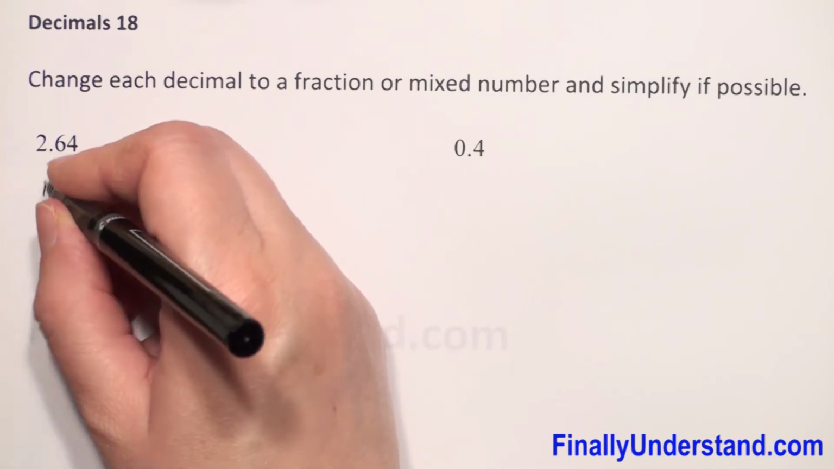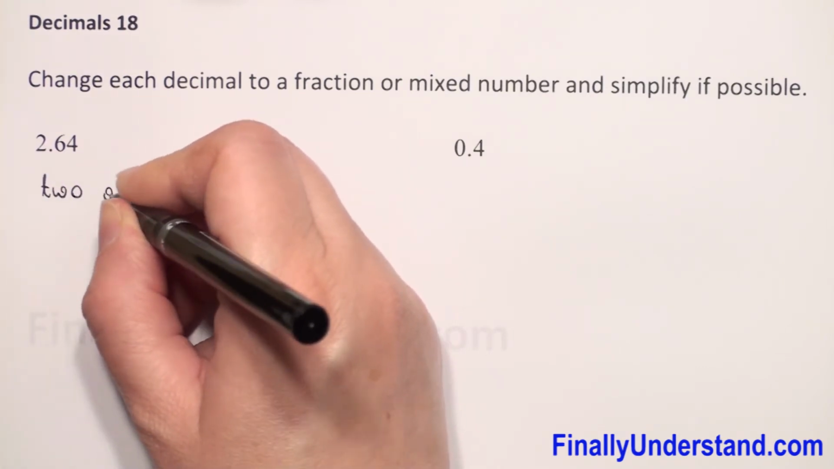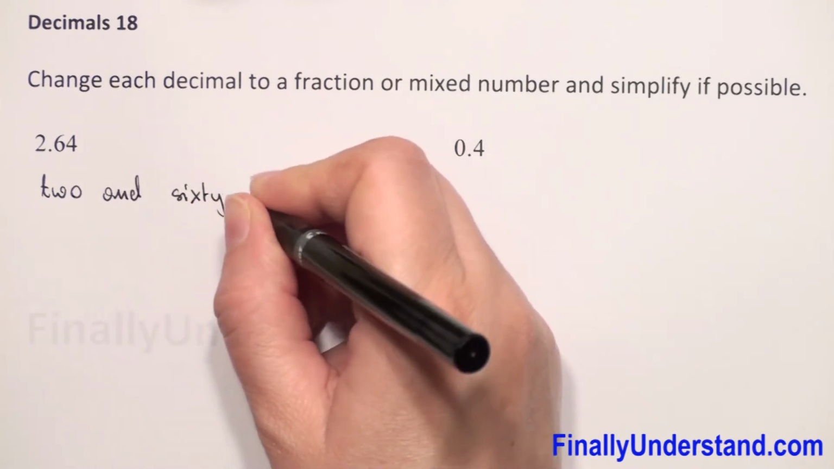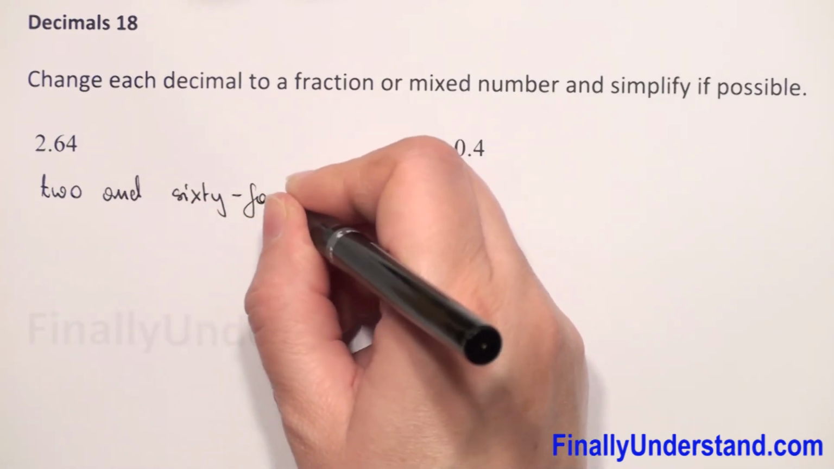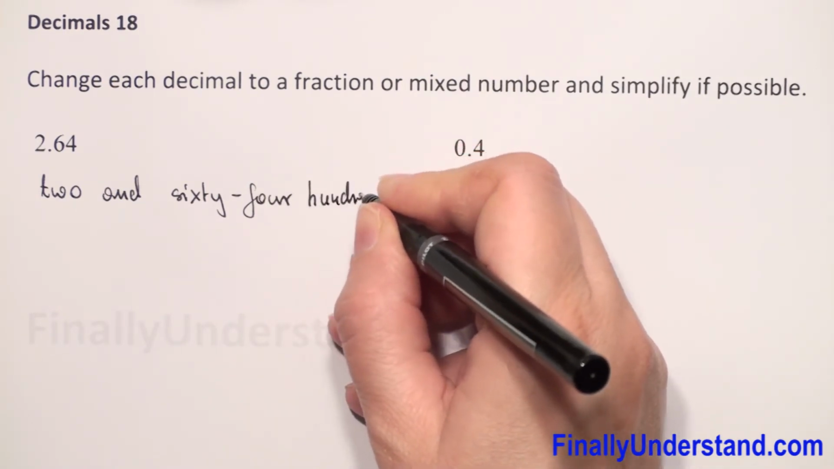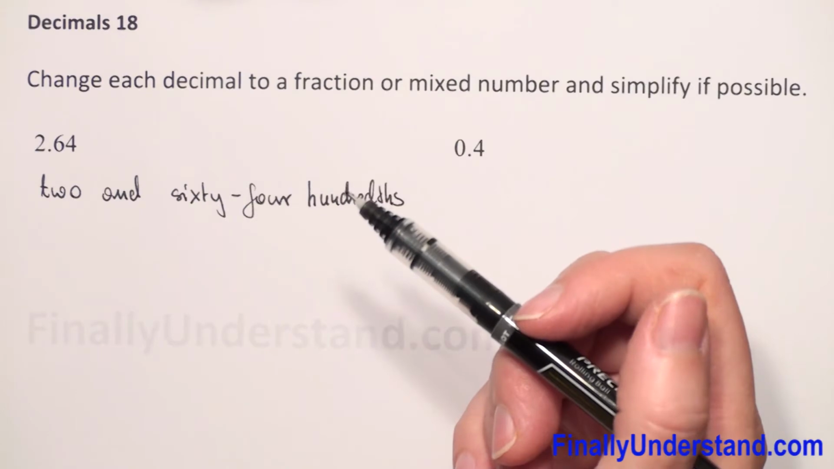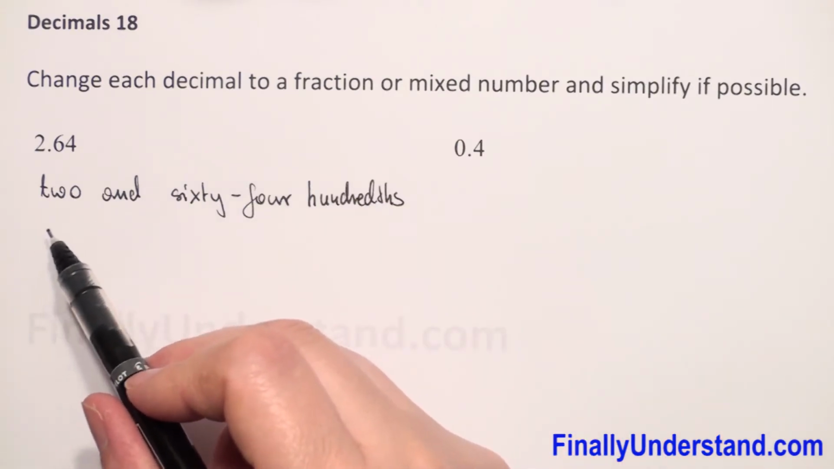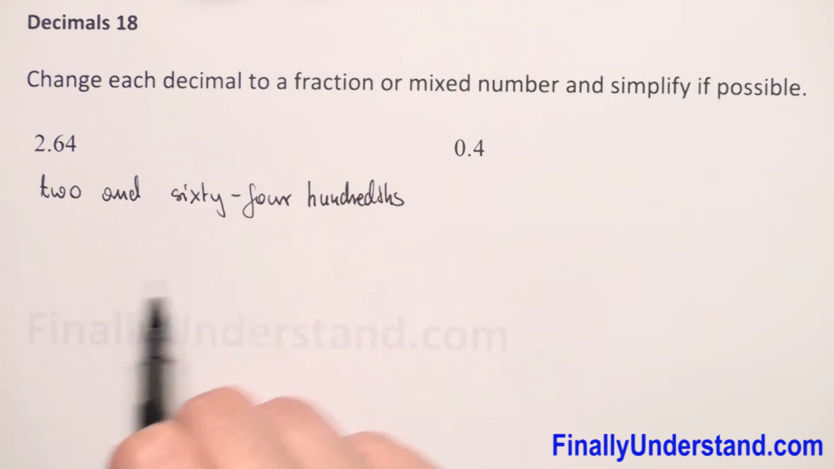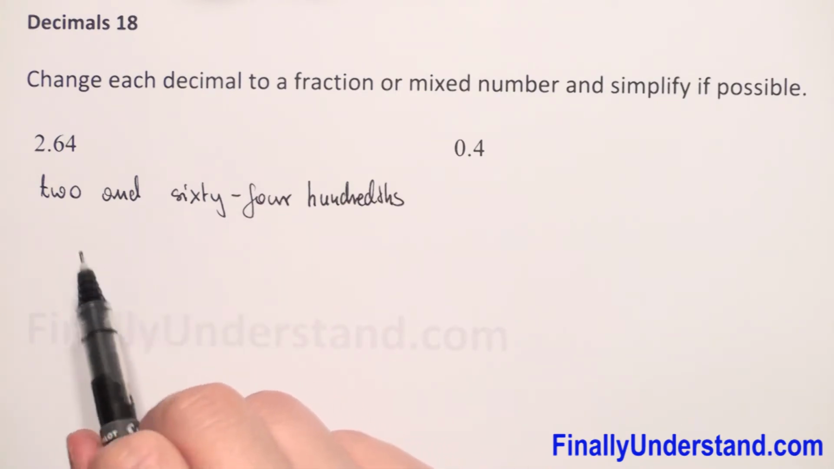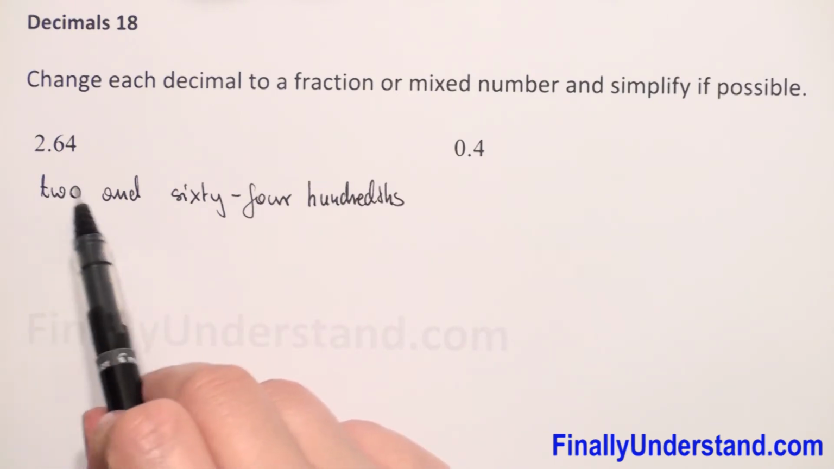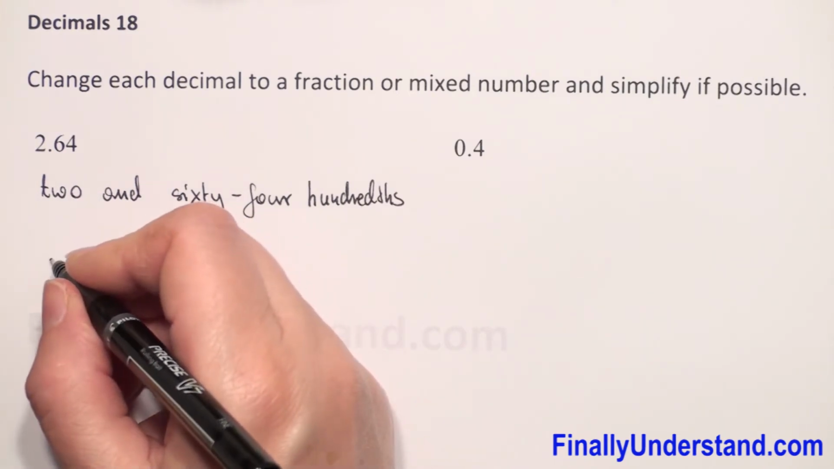Let me write this. We have 2 and 64 hundredths. So now, when we write this decimal number, it's very easy to change this to a fraction. We have a mixed number here. Why? Because we have a whole number. So first we have to write